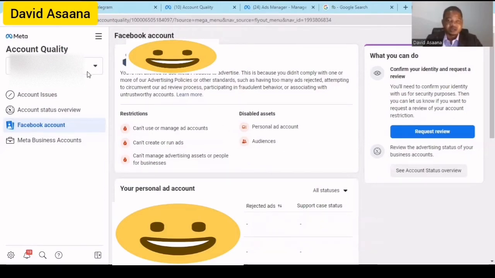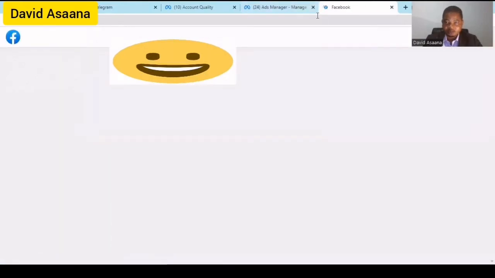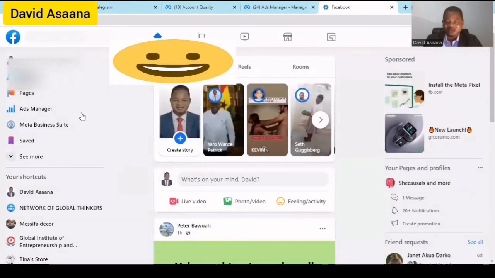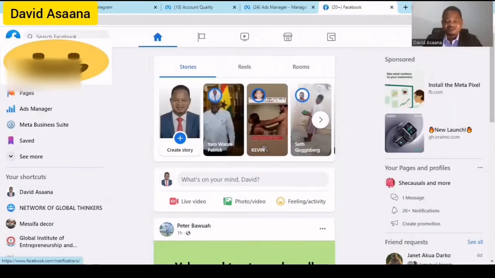So make sure that you follow the processes that I'm outlining here to be able to reinstate your account. So first of all, sign into Facebook again. You are still in Facebook. I'm just opening another tab. Okay, so first of all, before you can request a review, you have to make sure the information on your ID matches exactly with what is on your Facebook account. So if your name on Facebook is not your real name, as in your ID card,